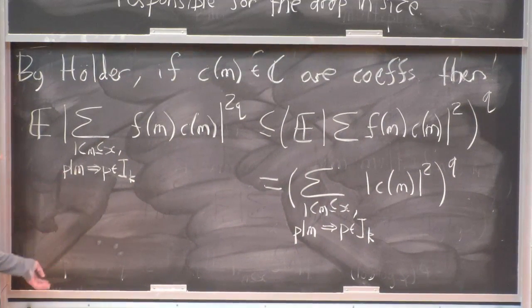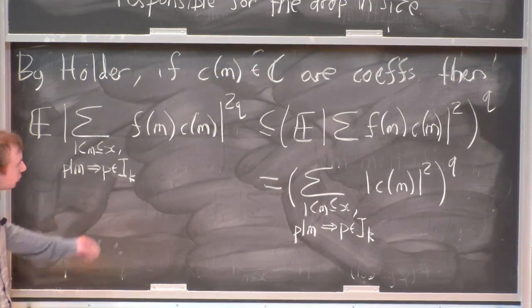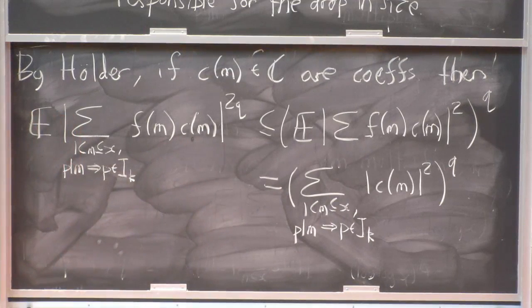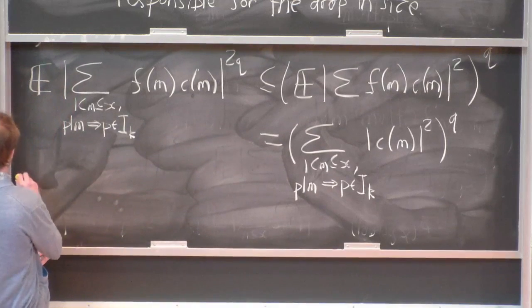Right, so this is a little calculation. And this is true if the Cm are some deterministic numbers. But the point is that since the sum on the inside there is independent of all the randomness on the outside, I can condition on the sums on the inside and treat them as deterministic. Okay, so by conditioning,